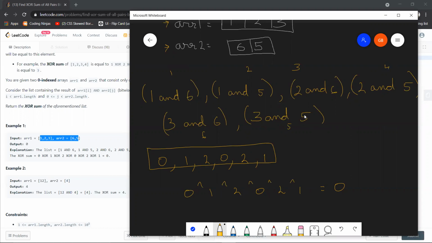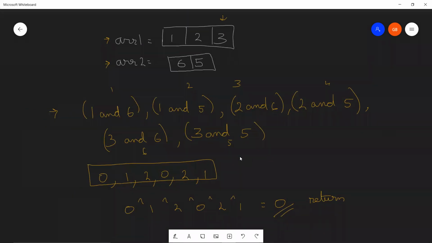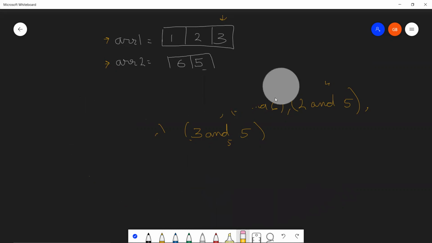So this is our objective. This is what we need to find. This is the answer that we need to return, right? So let's try to understand how to do this. The crux of this problem is just a simple mathematical formula. Let's try to understand what this formula is. This formula can be seen using a very small observation, right?